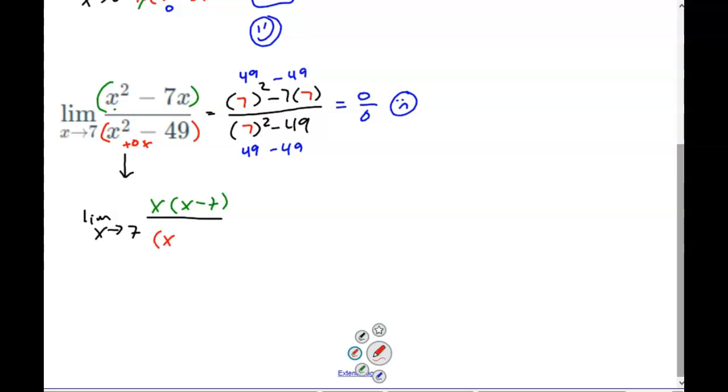I know the x squared had to come from an x times an x. Where did the negative 49 come from? Negative 7 and a positive 7. Right? I just realized this doesn't look like 7. Well,